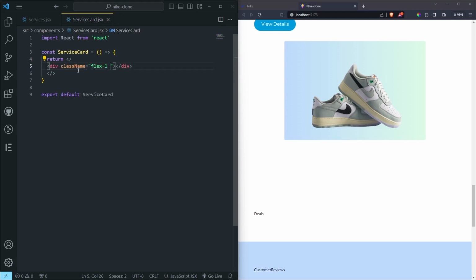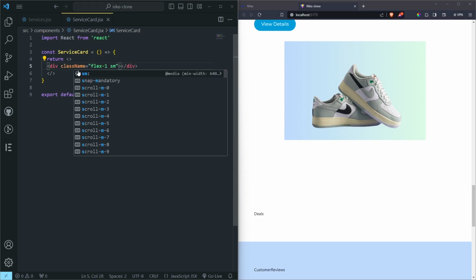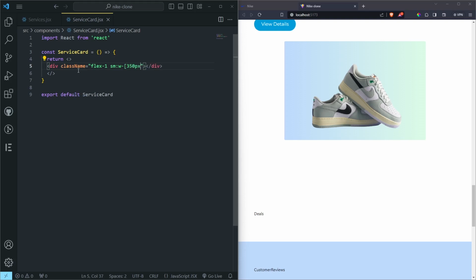Also, in small devices we want the width to be at least 350 pixels, and then small devices we want a minimum width of 300, and I think that's the same thing as minimum width of, yeah, we can do a width of full,